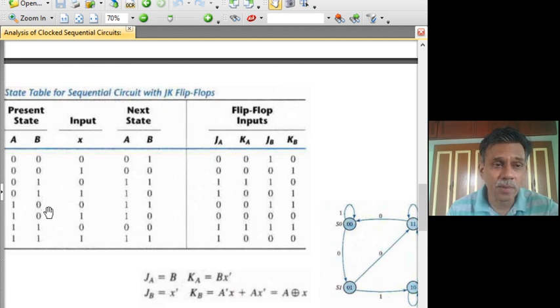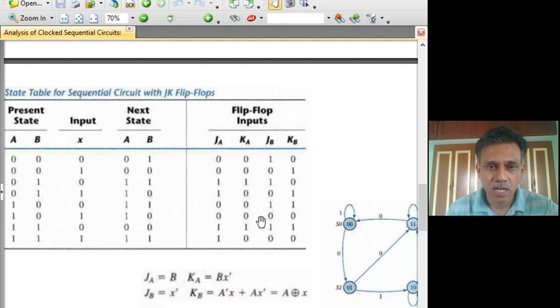So this is where you have to be careful. You should not read from this column. You have to just look at B and then find out B plus accordingly. So you should be very careful in reading these columns and then writing it as per the required output column. Again, you have to be careful, only look at the JB KB when you are filling the B plus.